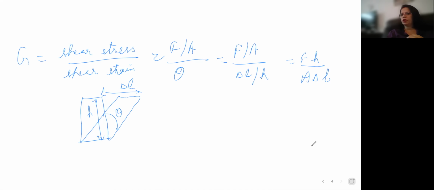For any material, the modulus of elasticity is fixed. For example, if I tell you that steel has greater modulus of elasticity, that means steel is more elastic. And I tell you that rubber has less modulus of elasticity. This means that your rubber is less elastic. I hope it's clear till now.